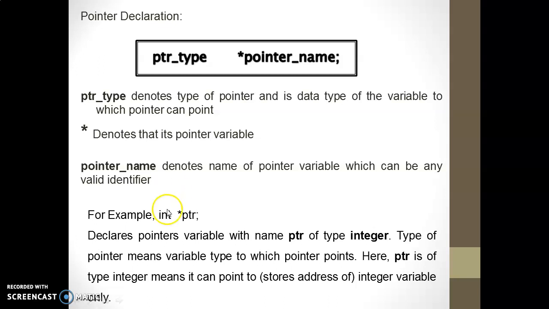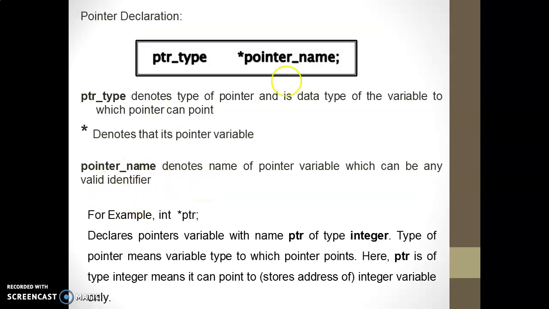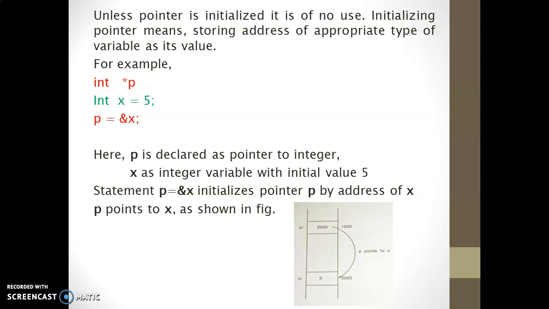Okay, so here is an example: int *p. It declares the pointer variable. Now in this example, int *p and int x, as I already mentioned, if you want to create a pointer, you have to create another variable whose address we are assigning to that pointer. So here int *p is declared, then int x is equal to 5, and the address of x is assigned to p.